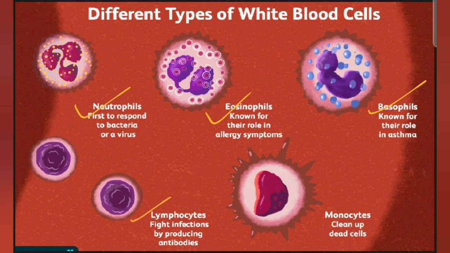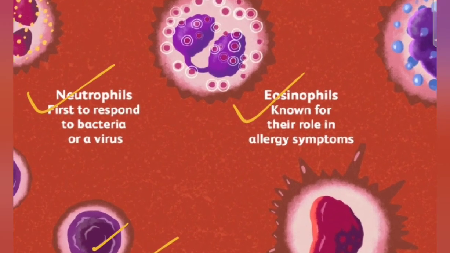First let's talk about lymphocyte. They are non-granular and mononuclear leukocytes. You can see that there are no lobes, only a proper nucleus is present. Here you can see the function: it fights infections by producing antibodies. We all know that lymphocytes produce antibodies. We generally know that antibodies are produced by white blood cells, but there are different types of white blood cells, so which particular type produces antibodies? The lymphocytes produce antibodies, and then they protect our body from foreign substances.